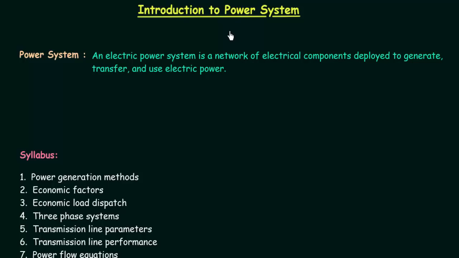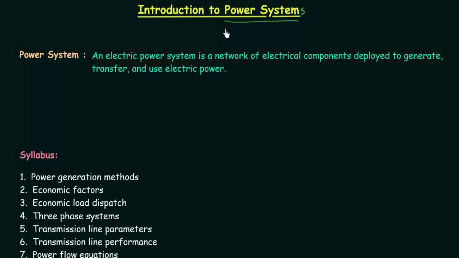From this lecture, we will start a new course, Power System. This course is very important for electrical engineers. There are 4 to 5 important courses for electrical engineers and Power System is one of them. There may be different names of this course. One is Power System, other may be Power Systems or Analysis of Power System, and you will study this course